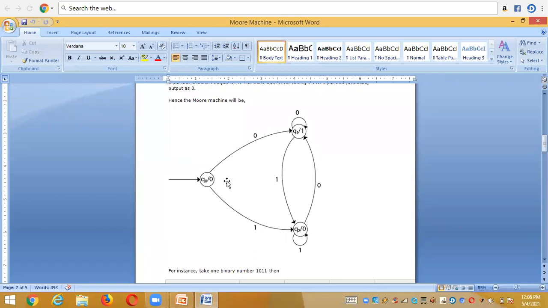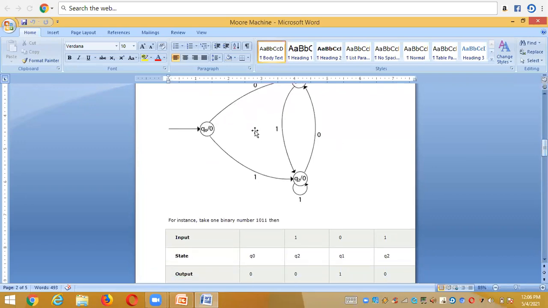So initially for the starting state, I am taking 0 as an output. I am producing 0 because I'm not taking any inputs from any other states. Right? Only I'm giving an input, either it may be 0 or it may be 1. So I am producing an output 0. And now after designing the Mealy machine, you need to draw the transition table like this.